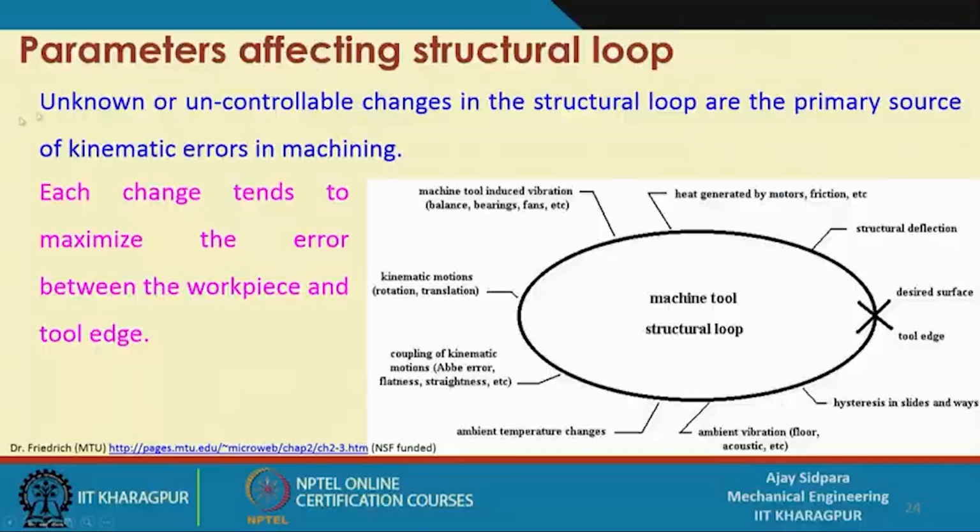And we have seen that there are different parameters which also affect the structural loop configuration and how your machine will behave during a machining operation. So, let us continue this topic and understand the different types of errors and sources, so that we can find some solutions to remove these errors, or we can minimize them. So, let us continue. In the last class we have seen that,